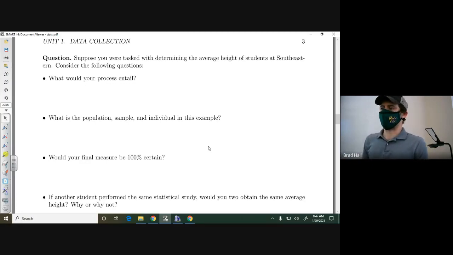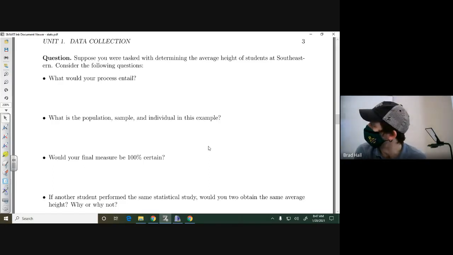What would the sample be? Whoever you interview. Whoever will take time out of their day to answer your tedious questions. That's the sample. That's the people that you can get the data from. Who's the individual? The person. It all comes down to the person in this. Who are the people in the study or the objects?